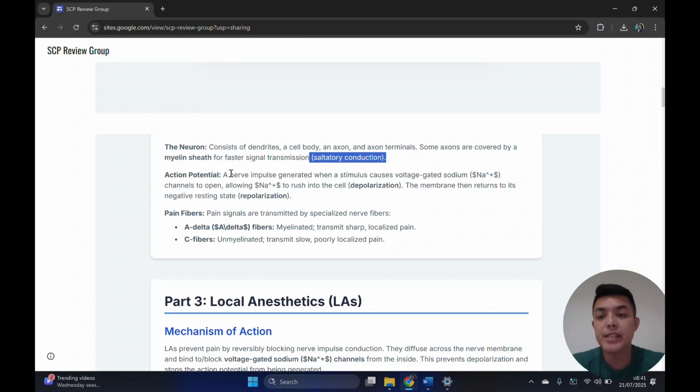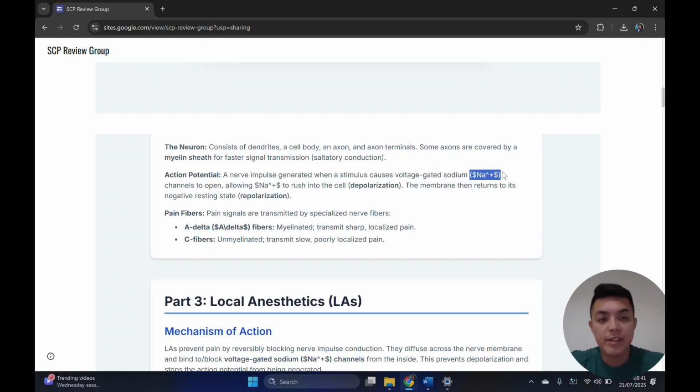Next is the action potential. This is one of the more important concepts in the pain signal. It is a nerve impulse generated when a stimulus causes voltage gated sodium channels